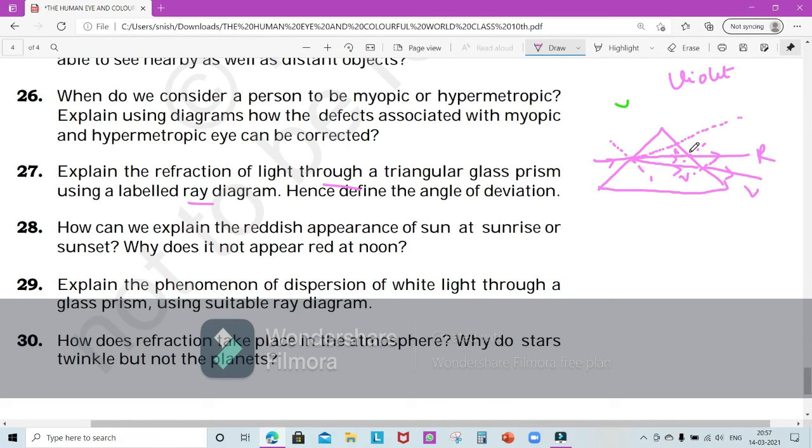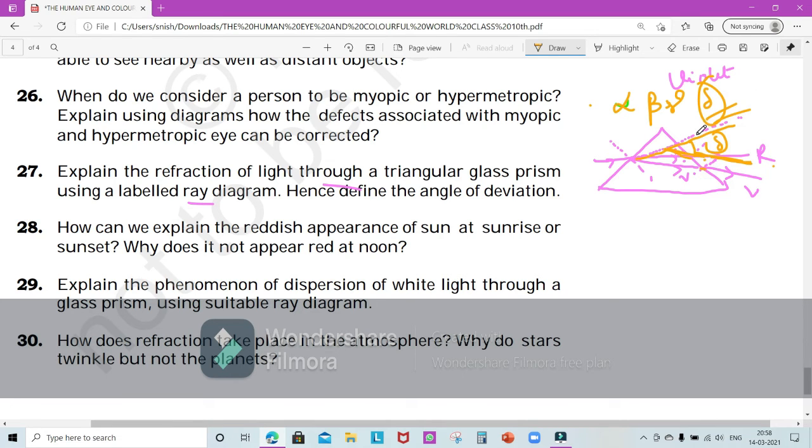Okay, so now suppose we are finding the angle of deviation for the red light. Let's use a different color. If you back extend this ray, it's going to meet here, wheresoever it meets the original ray. This is supposed to be the original ray, and this is the emergent ray. So this angle is called the angle of deviation, and it's represented by delta. Alpha, beta, gamma, delta. So delta over here is the angle of deviation.